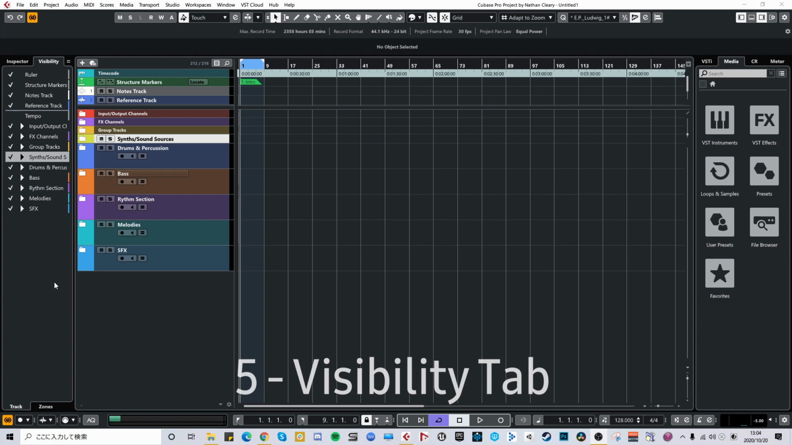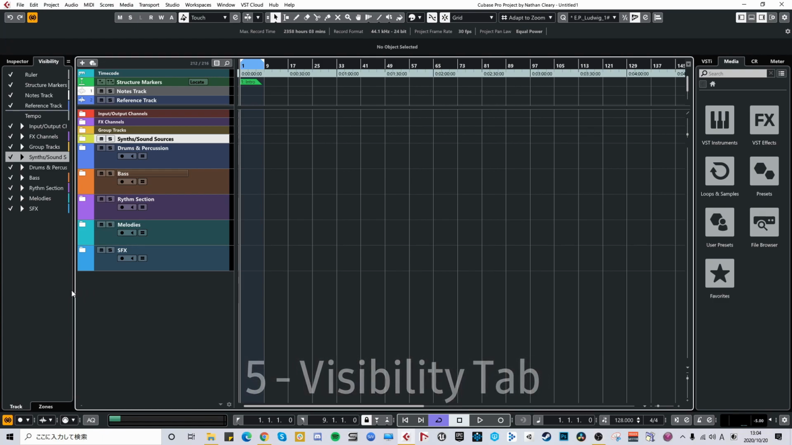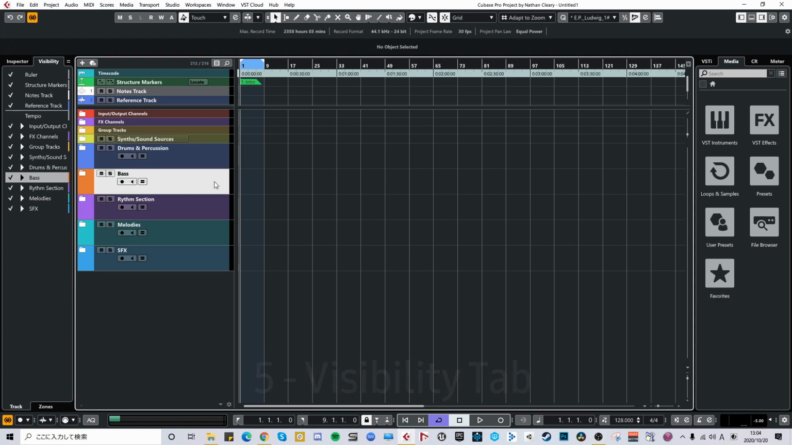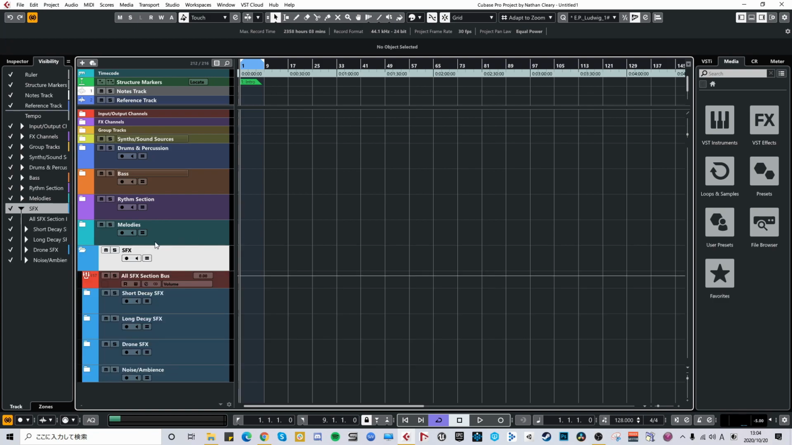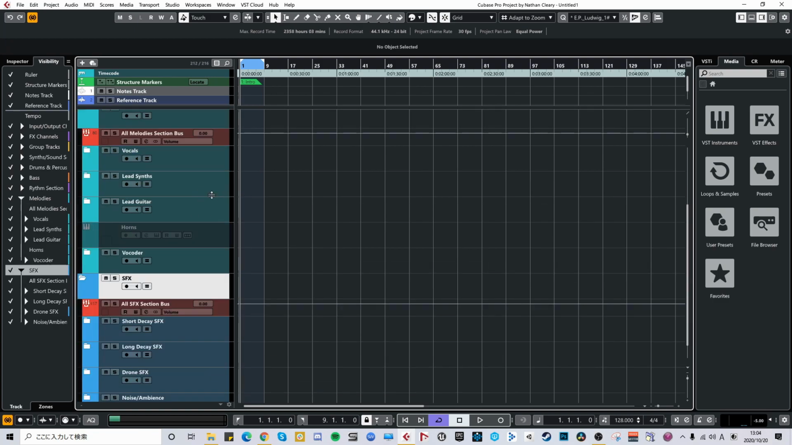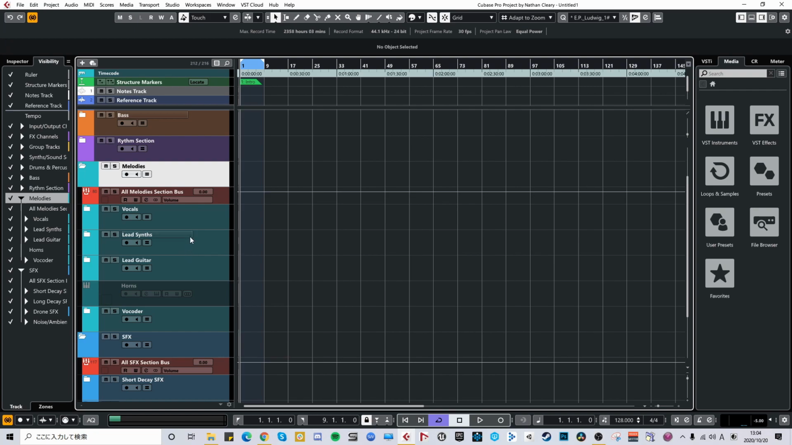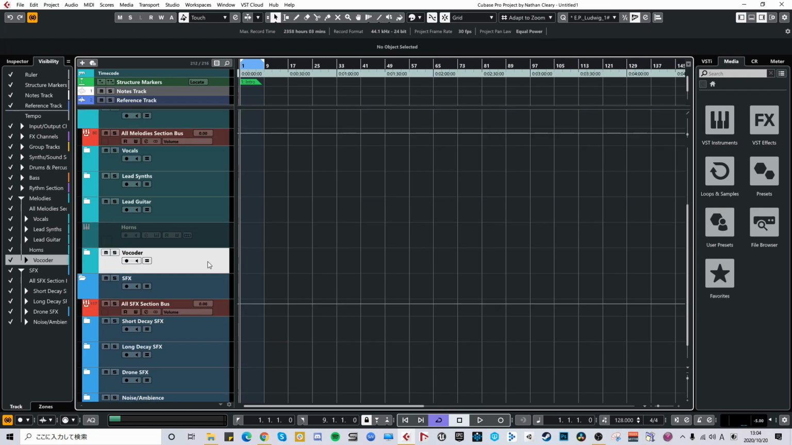Okay, so number 5 is this tab over here, the visibility tab. This is awesome, and this kind of works together with your templates, because this is my general template, and I'll just show you quickly how I've ordered my general template. I've got melodies and all this stuff here. So, I don't use the vocoder on every track, of course. So if we flick over to the visibility panel over here,